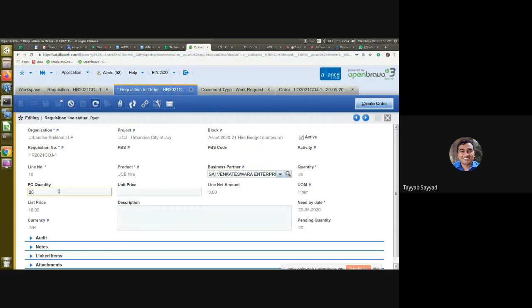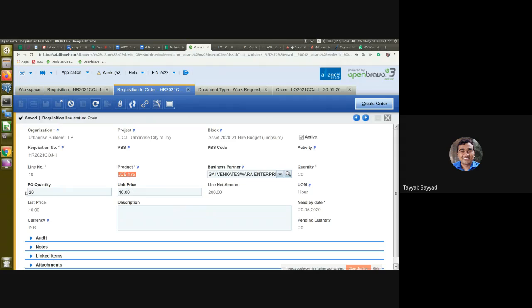PO quantity as 20. And if I try to add more than that, it will give me the error. This is for the hire. 20 will be allowed. So this is a non-realistic example I'm taking here.